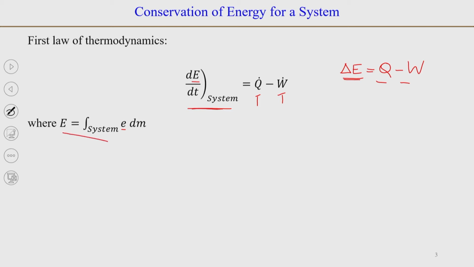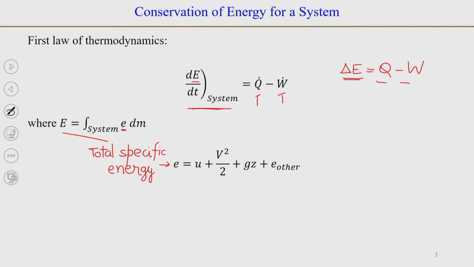If you want to integrate it over the system, E is equal to the integral over the system of e dm. Now, e is the total specific energy of the system, whereas small u is the specific internal energy of the system,